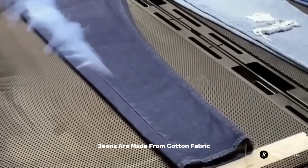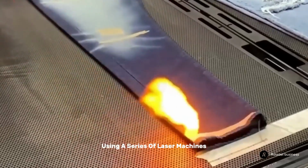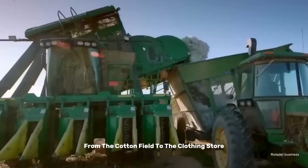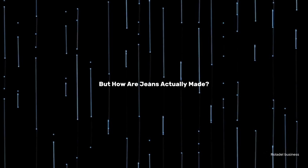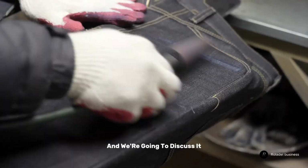Jeans are made from cotton fabric. This fabric undergoes wear and tear using a series of laser machines. Each pair of jeans goes through a lengthy process from the cotton field to the clothing store. But how are jeans actually made? This is Rolladell Business, and we visited a textile factory to discover the jeans manufacturing process, and we're going to